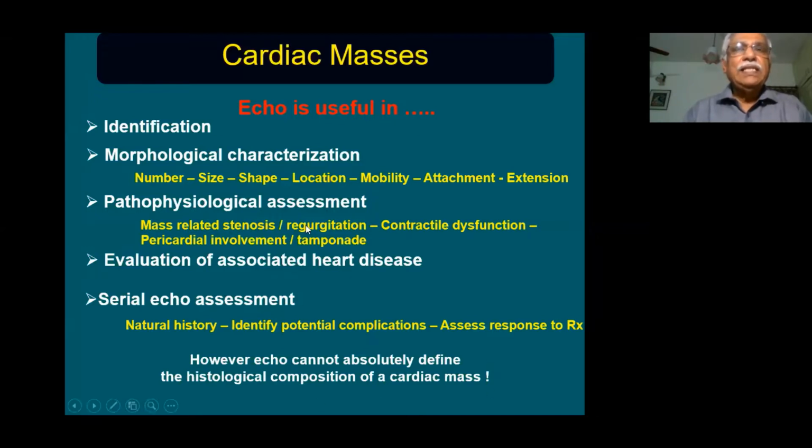Apart from transthoracic echocardiogram, other types of echocardiography are also useful, especially the transesophageal echocardiogram, which is very useful in certain types of masses. Contrast echocardiography can also be used for identifying cardiac masses. It can identify the blood flow pattern inside the cardiac mass. It can identify whether it is an artifact or a true mass present inside the ventricles, etc. These can be identified by contrast echocardiogram.